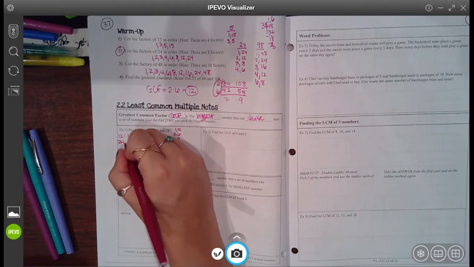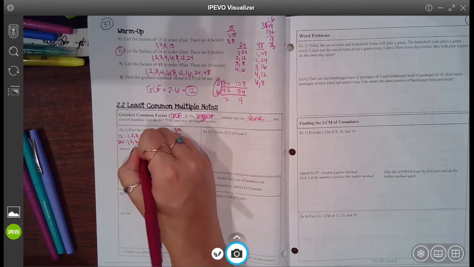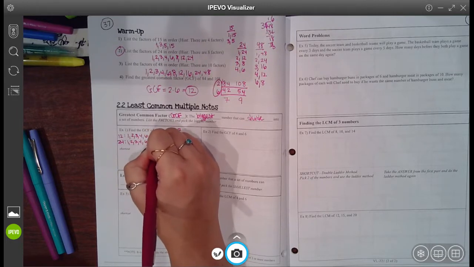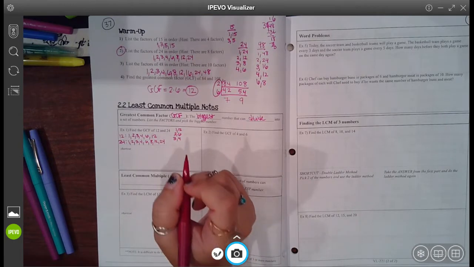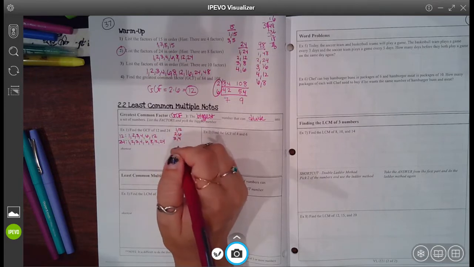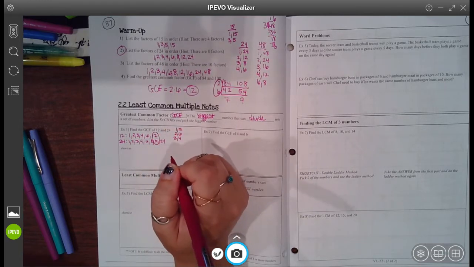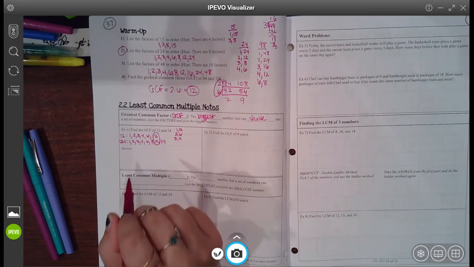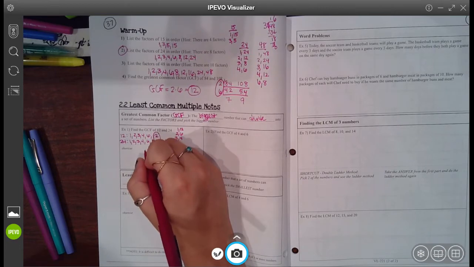And 24, we already did, was 1, 2, 3, 4, 6, 8, 12, and 24. Now to find the greatest common factor, that's the biggest number that can divide into both of them. So start with the biggest one right here, and look, they share it. So the biggest number that can go into both is 12, but that's irritating to write them all out like that, right? So that's when we do the shortcut like we did up here, where you have 12 and 24,